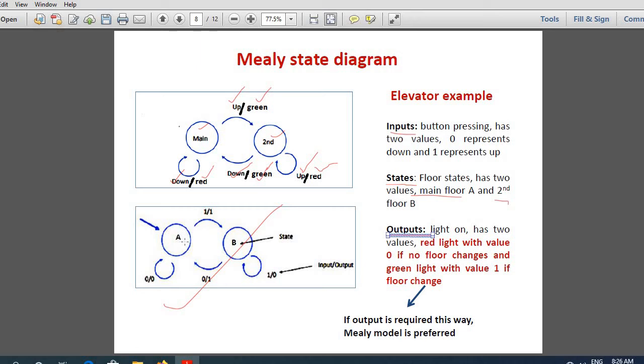I call my states A and B. It is a digital system, right? So if it is pressed up, I'm giving a binary value of 1. If it is pressed down, I'm giving a binary value of 0. Similarly for the output, if it is a red light, I'm going to give a value of 0. If it is green, I'm going to give a value of 1. So you replace all up, down, green, red with zeros and ones according to my design. That is how you represent a Mealy state diagram.